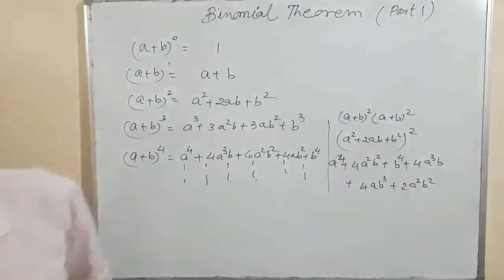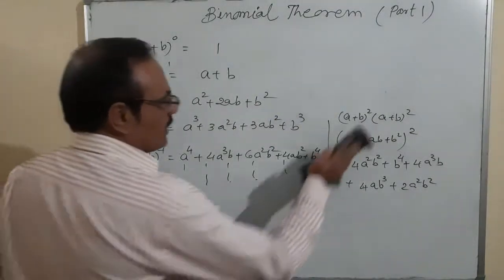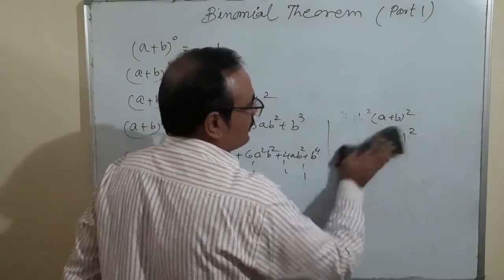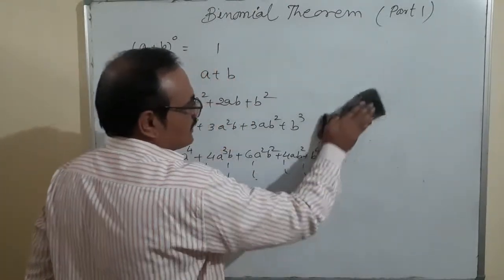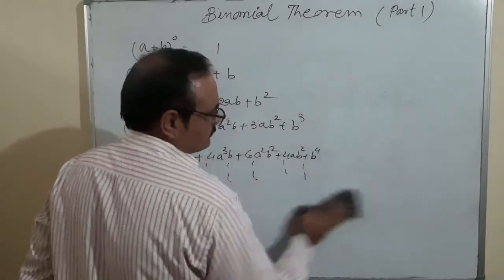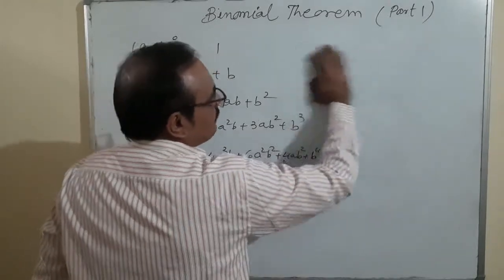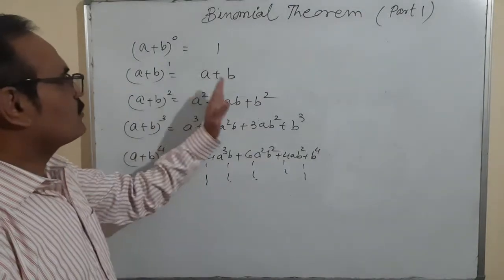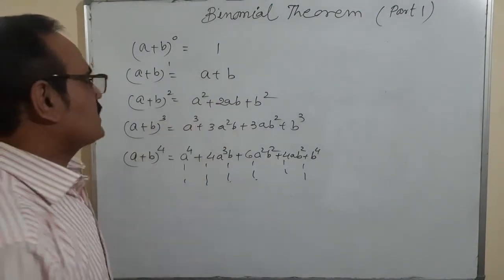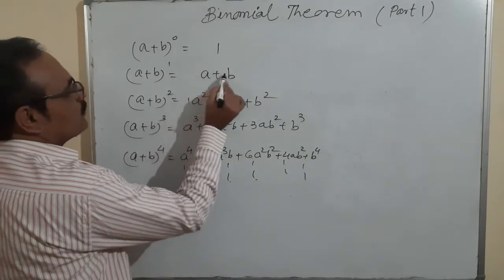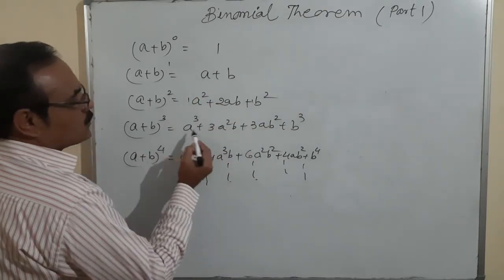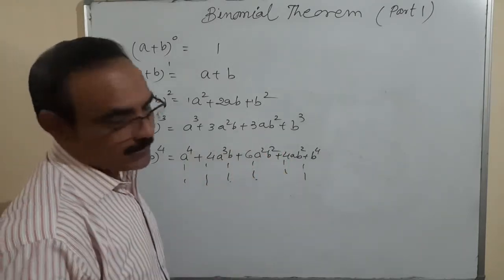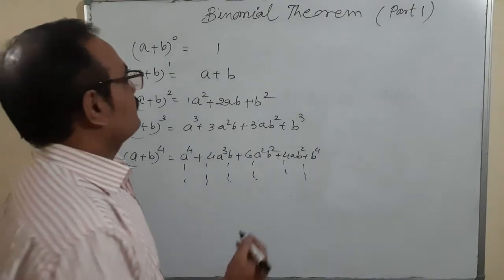So while writing or extending the nth term, I don't think we have any problem with the powers, but their coefficients we are unable to find out. That means which type of coefficients are there. That is 1 and 1, then 1 2 1, then 1 3 3 1, 1 4 6 4 1, like that. So let us discuss these coefficients.